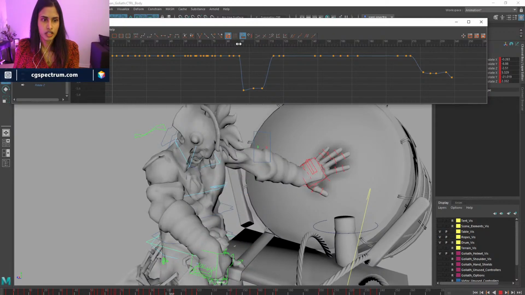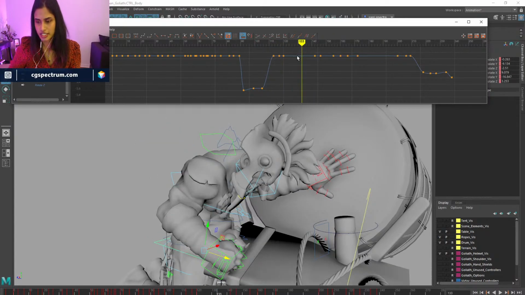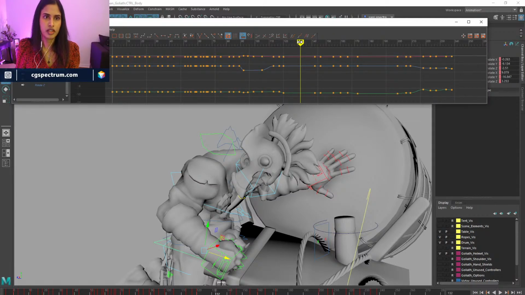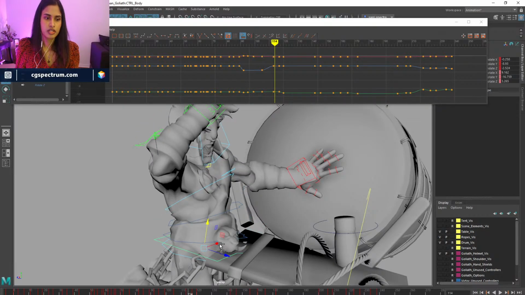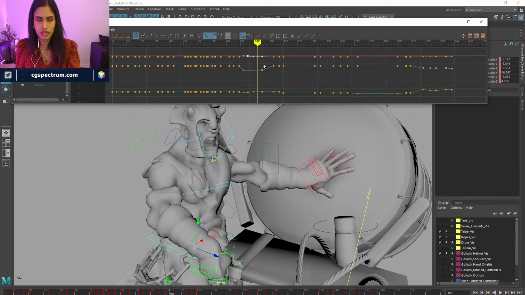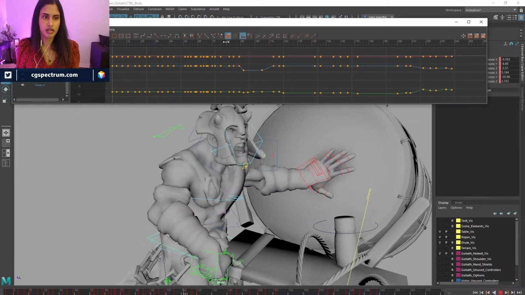Now he lifts his chest and then he's still there, but then he comes forward when he slams the table. So I look at all my curves and make sure that they're pretty clean, so that they're not doing any funky moves here and there. I have to make sure all my up and down, side to side, everything is working and it's not creating any issues, and keeping it pretty clean. So you're not doing side to side and forward, because if everything is moving all at once, things get crazy.